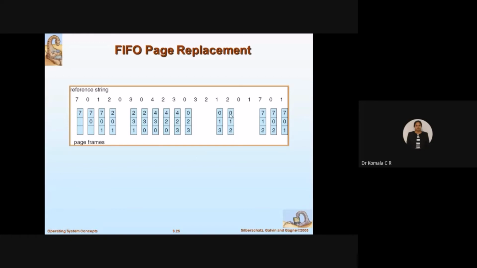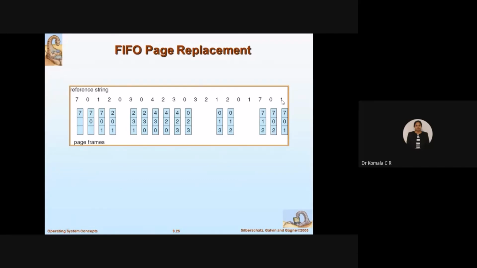So go with the first one now. So I'll replace 0 by 7. The rest, 1 and 2, I'll write as it is. Next element 0. Is 0 there? No. I have to replace. In the previous step, the first block I used. Now I'll go for the second block. 1 I'll replace by 0. 2 I will write as it is. 7 I will write as it is.